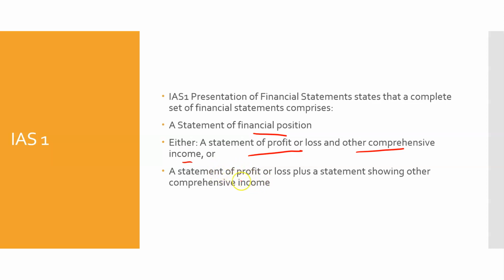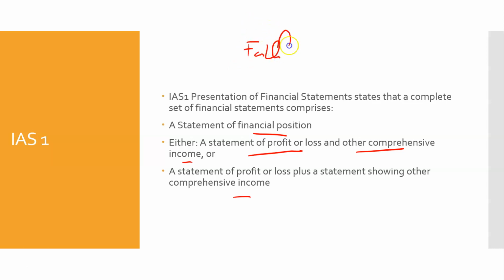Sometimes you might have a statement of profit or loss plus a separate statement of other comprehensive income. It really doesn't matter. They're the same thing, whether you do it together or you prepare two separate statements. But the aim is to enable better understanding of what's actually taking place, allow users to make better judgments, and of course, it is a faithful representation as well. And when I say faithful representation,